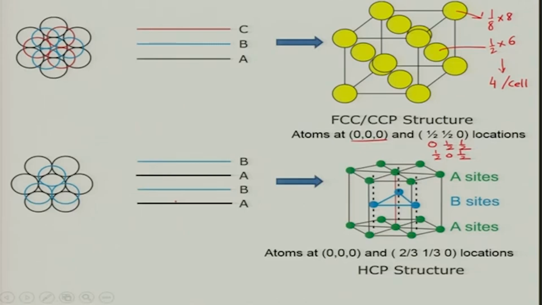The AB kind of packing gives you a different structure. It is called the hexagonal closed packed structure. So, this is the bottom layer, which is the A site, and the light blue color is the B site atoms, and then you have the A site again on top. So, this is how AB stacking takes place, and in one unit cell, which is this one unit cell here, the one drawn in red,